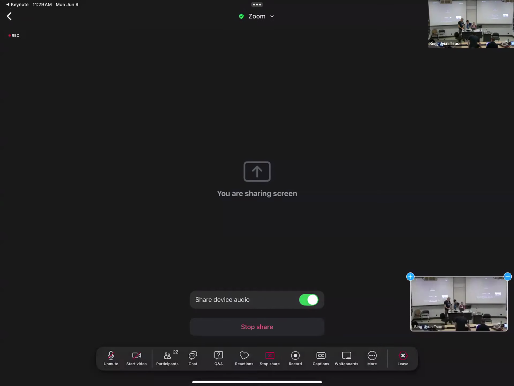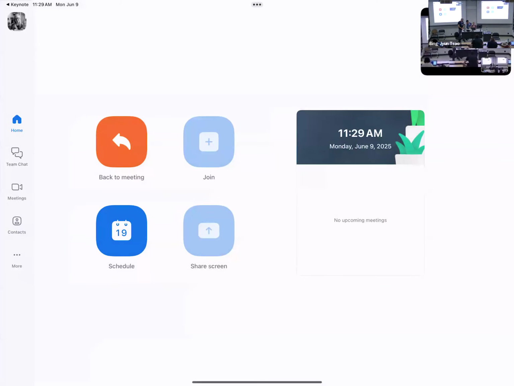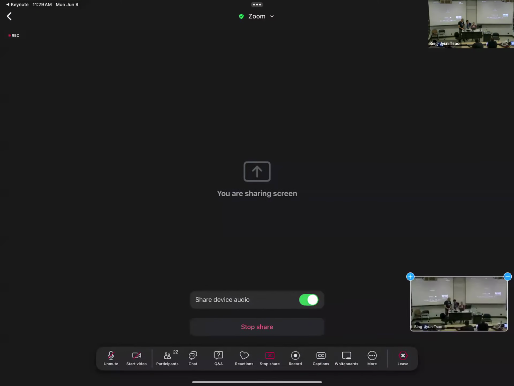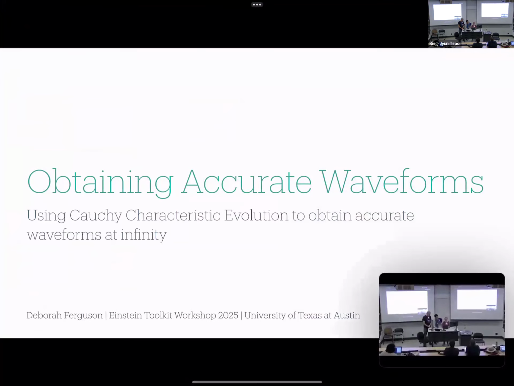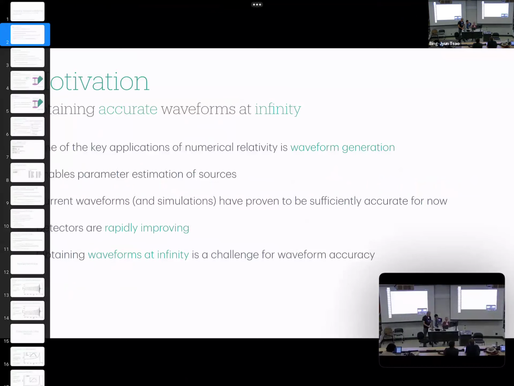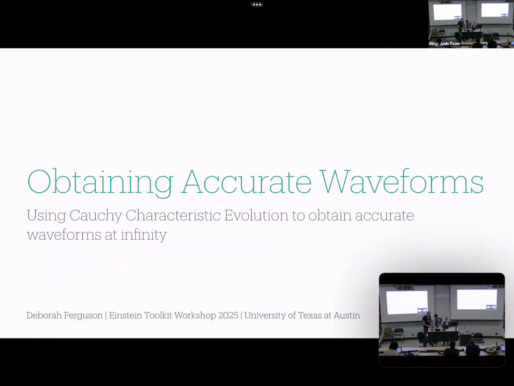I clicked buttons. You shouldn't do that. Back to meeting. Screen. How do I? Oh, I just went over to Zoom accidentally. All right. I was trying to hide it, but all right. I don't know if I can hide it. It just keeps going like. Just, it's okay. No, I don't mind seeing the little thing in the corner that it shows us. All right. Oh, and also you might want to speak into the mic for some people.